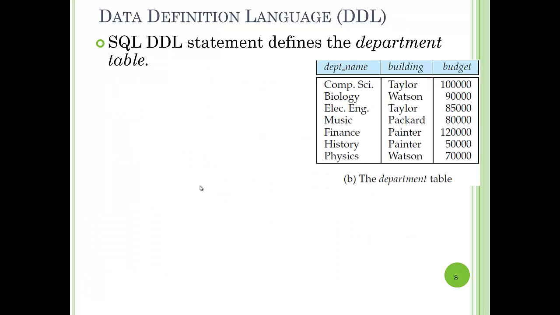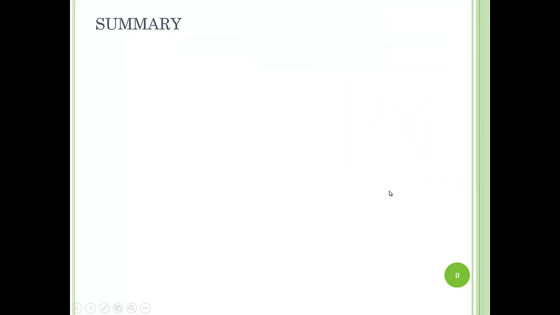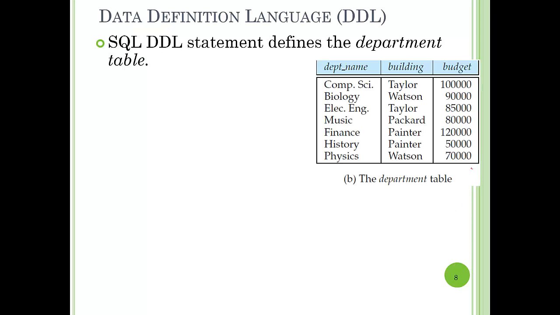Next thing is data definition language. Now I am defining this SQL query for this data definition language, that is for the department table. So for this department table I am going to write my SQL DDL statement. So I would write something like this: create table. Here the table name, whatever you would like to give, is a user defined name. So I will write here department